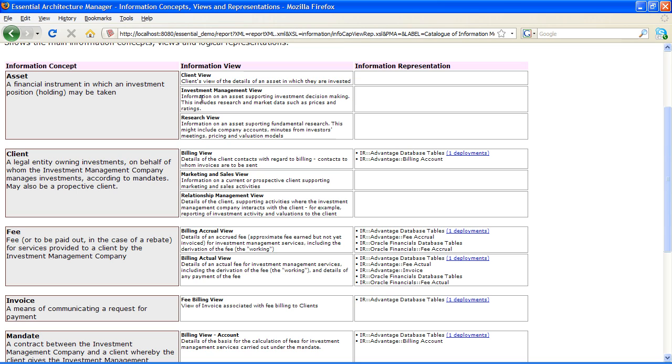Each of those can be seen through different views. So for fees, there's an accrual view and an actual view, and then each view actually has some representations. So we can see that the actual fees are represented in the Advantage database tables, on Advantage invoices, and also in the Oracle Financials database tables. And so this is a great place to start when we're trying to work out where discrepancies might be coming